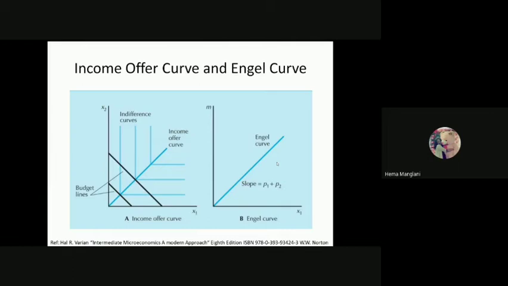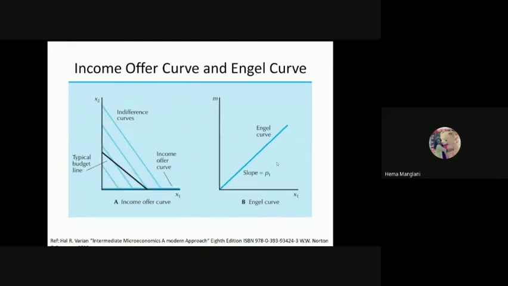So here we are only talking about the income effect for perfect complement goods, and this is just a partial analysis, just giving you an idea, but in depth you would study all these situations again. Then the income offer curve and the Engel curve for perfect substitute goods. Okay. So perfect substitute goods, as we discussed yesterday, have indifference curves that are straight lines, fine. They are straight lines following the slope of -1, okay.